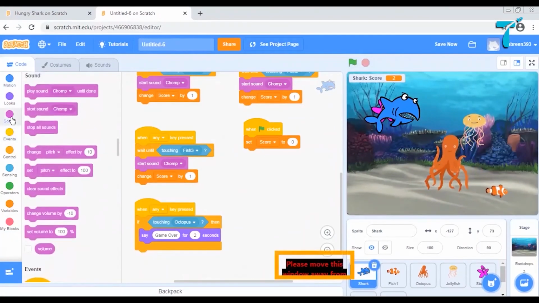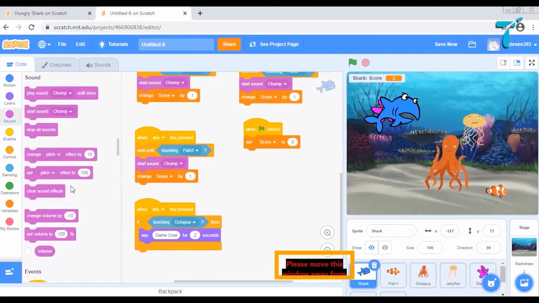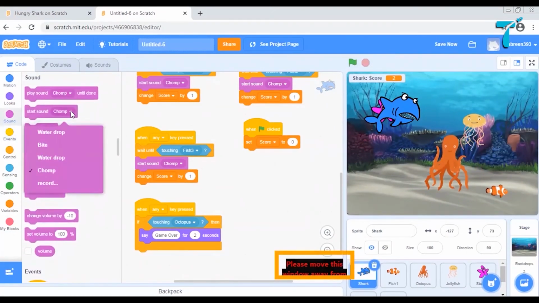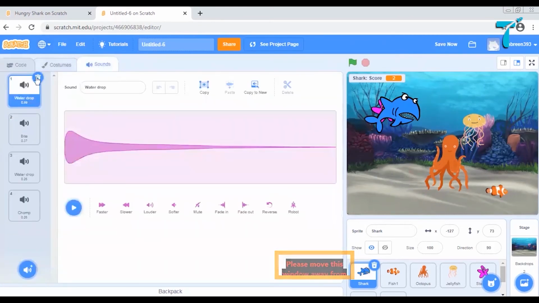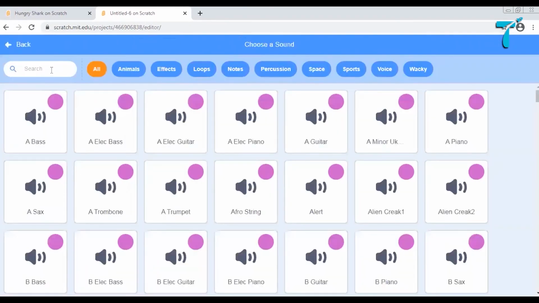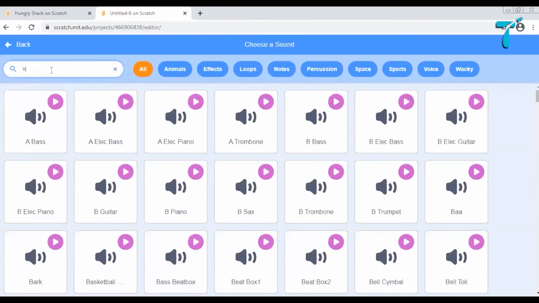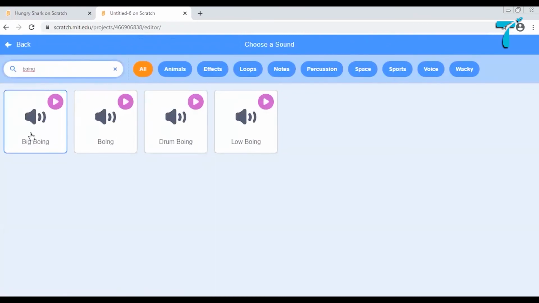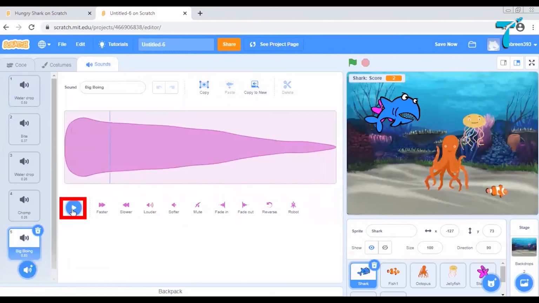So to add a sound, we will go to sounds. We need a sound that should represent game over. If you check in the sounds tab, you will see there are other sounds, but something that is suitable for game over. Let us say the boing sound. Okay, let's try this one.